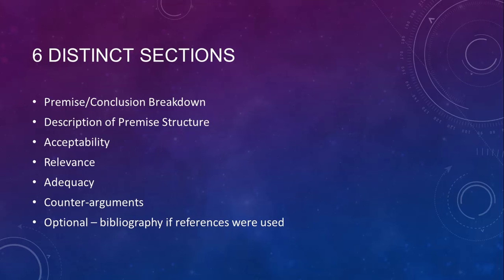The first two sections are just your absolutely standard argument analysis, argument mapping stuff that we've been doing all semester. That's what you're doing. You're breaking it down into premises and conclusions, and then you're telling me how the premises are related to each other and to the conclusion. And that's exactly what an argument diagram does. I'm just saying you don't necessarily have to draw it out. You can if you find it helpful. It doesn't add to your word count, so that's nice. It also makes it more explicit what you're saying. So there are a bunch of advantages to using a diagram. I just don't want to make it mandatory.